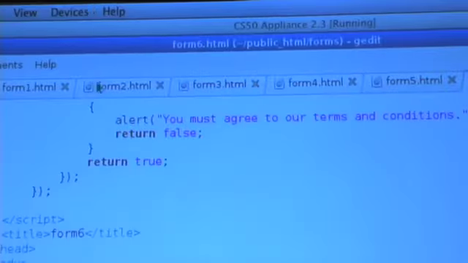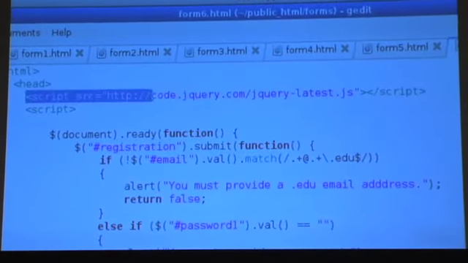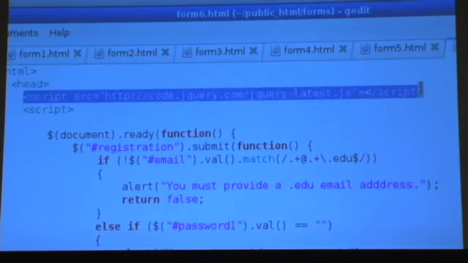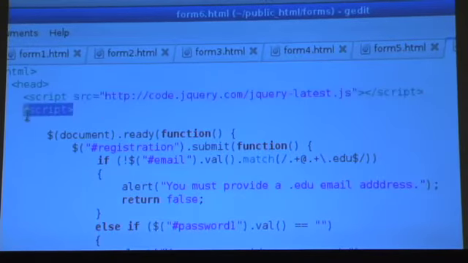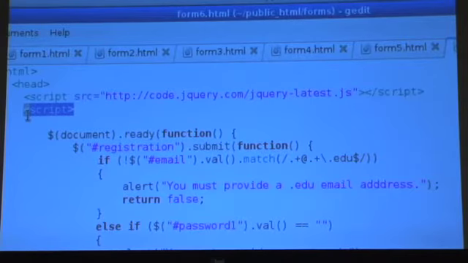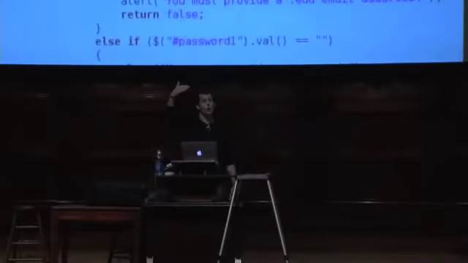But if I scroll up here, let's see how I'm nonetheless validating users' input. So it's very important that I'm loading the jQuery library first before my own script tag, because that library has to load before my own code executes. So it is the case in web pages that URLs are loaded in the order in which they appear. And so in this case here for the script tag, this means jQuery will be available to me.